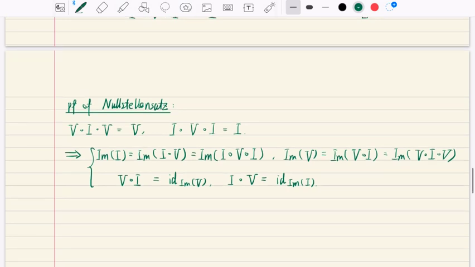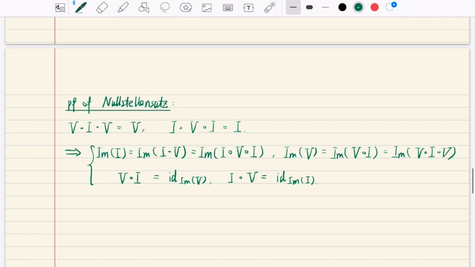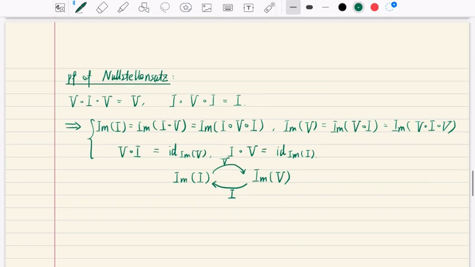Then question, what is the image of V on the image of I? We have seen the image I is mapped by V to where? We have seen it is just the image V. And the map I will map the image of V to image I. So combine these two together, we'll have